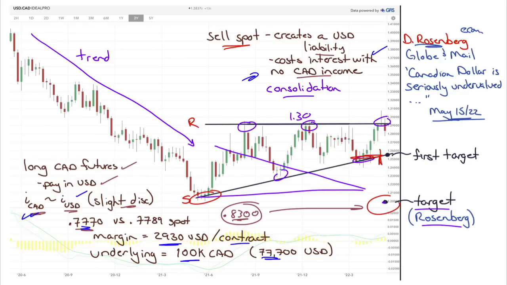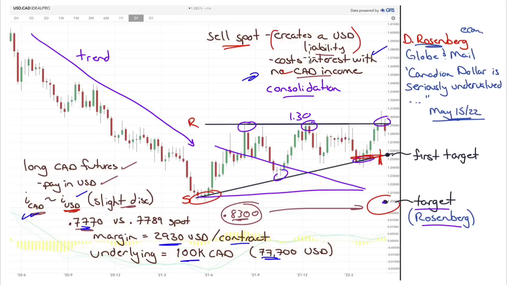The one other problem is the US liability that you have is going to be the broker rate of interest on your US dollar and not the bank rate of interest. It's not going to be the spot rate of interest. It's going to be the banker's rate of interest, which you're not going to get offset with the Canadian. So if you're spot trading, either you're new to currencies and you don't know what you're doing, or 100,000 is just too big for you. But it's not the most effective or the best way to take advantage of any kind of currency trade.